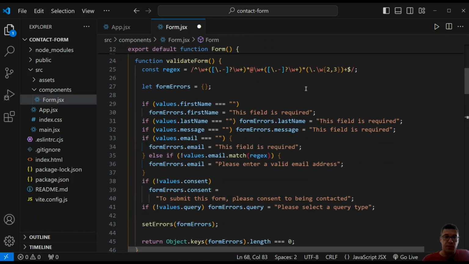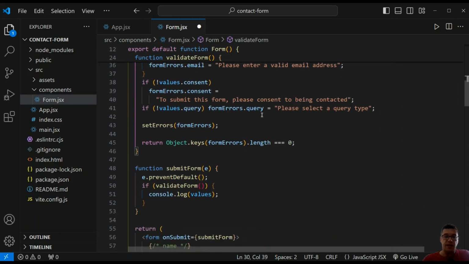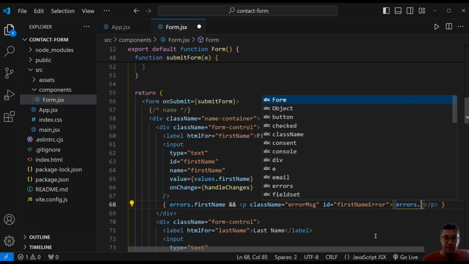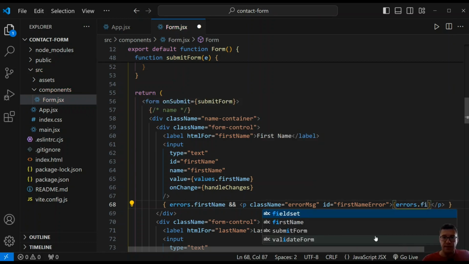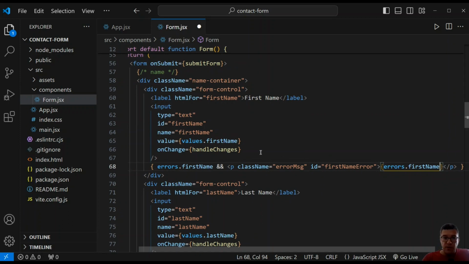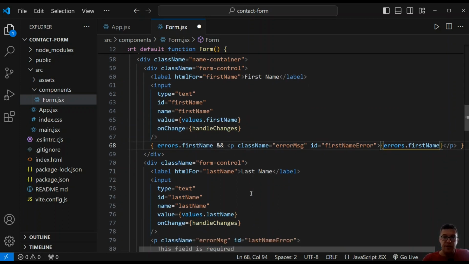This function will put this message into our state, and here inside my P, I will display that message with errors dot first name again, just like that. Okay, and now I will do exactly the same for all of the rest of my fields